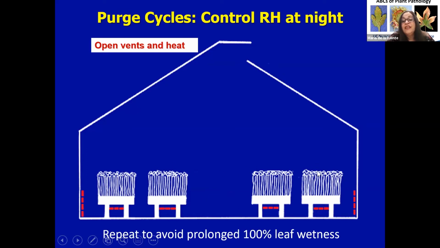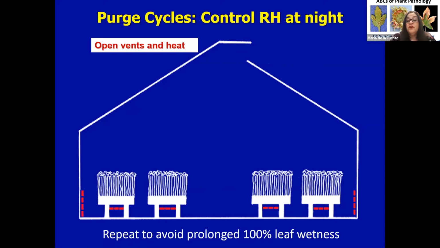So this area maintains a warmer temperature than this one, but the water in the relative humidity doesn't deposit on the plants because these are hotter. So you have to open and close and repeat to avoid